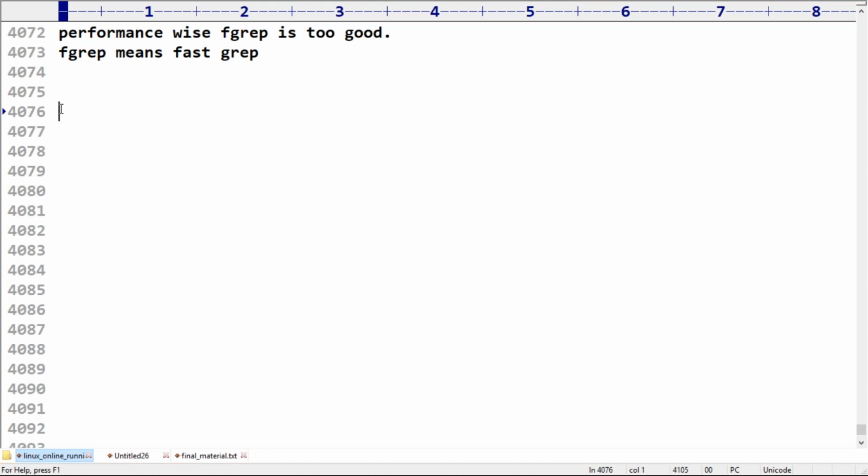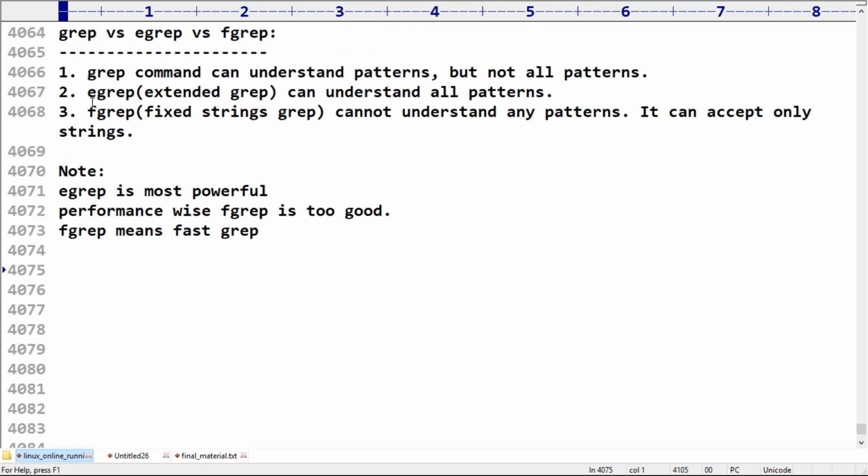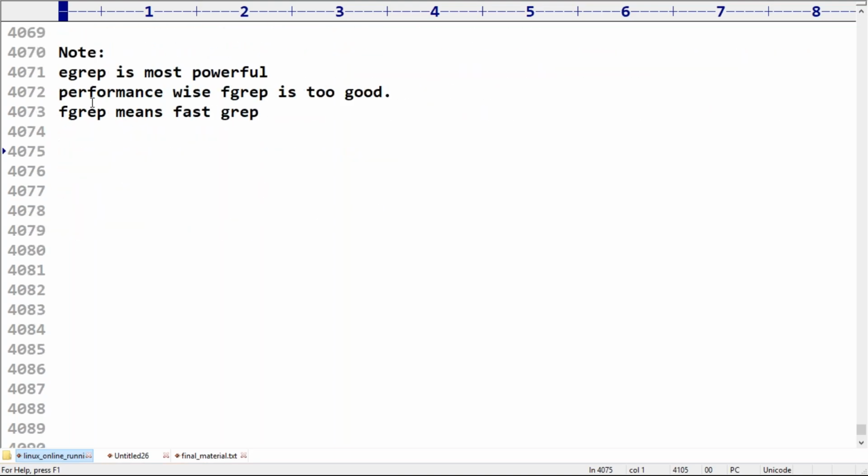Even in Ameerpet, in Xerox shops, notebooks are available. I referred to every Ameerpet note, and I'm not seeing this much clarity. This is one small issue in the whole of Linux where I faced difficulty understanding, especially grep, fgrep and egrep. Sir, what is the difference between these things? That's all.